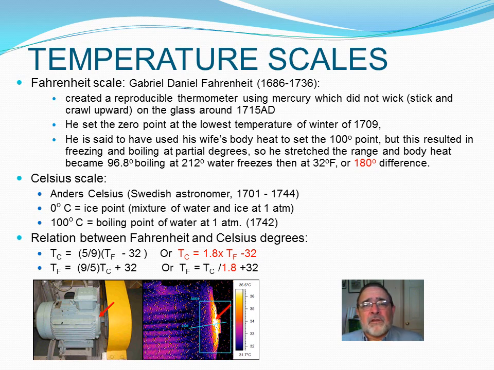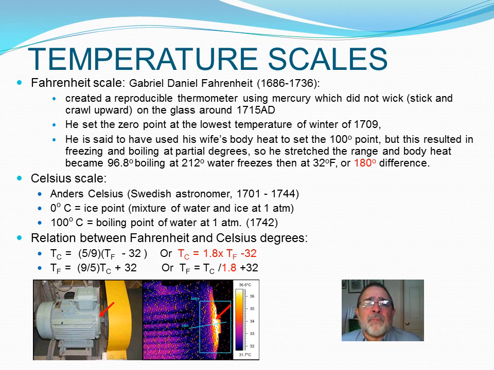Well, the Fahrenheit scale, which we usually use in the United States, was created by Gabriel Daniel Fahrenheit. And he created a reproducible thermometer which used mercury, so it didn't wick up the sides of the glass, because it would normally wick and it's hard to read. Do I read this upper portion or the lower portion? Where do I take that measurement? Well, mercury doesn't do this, and so it gives you a good level to read. So he invented that in glass around